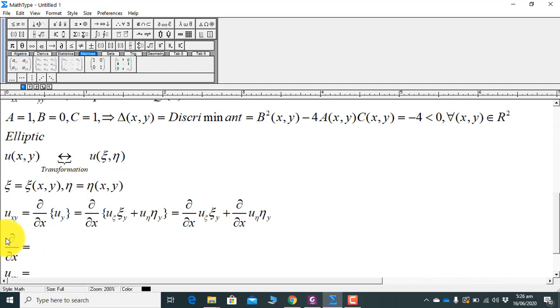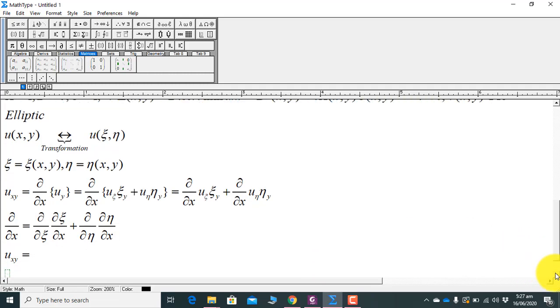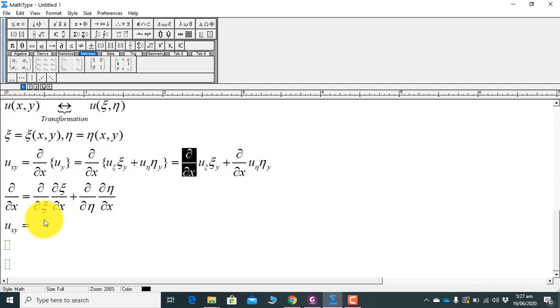As an operator, this will be equal to partial over partial xi times partial xi over partial x, but this will be added by one more quantity, partial over partial eta times partial eta over partial x, because eta is also a function of x and vice versa, because we are supposing an invertible transformation. So this operator will be replaced here,